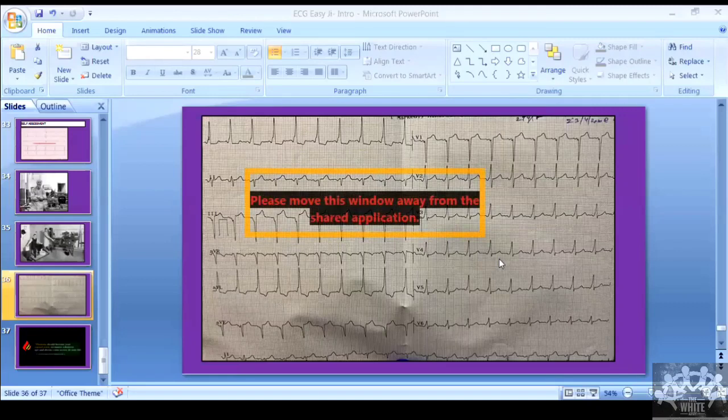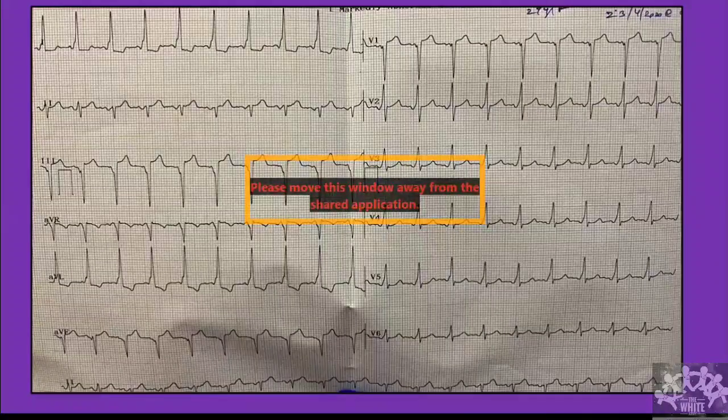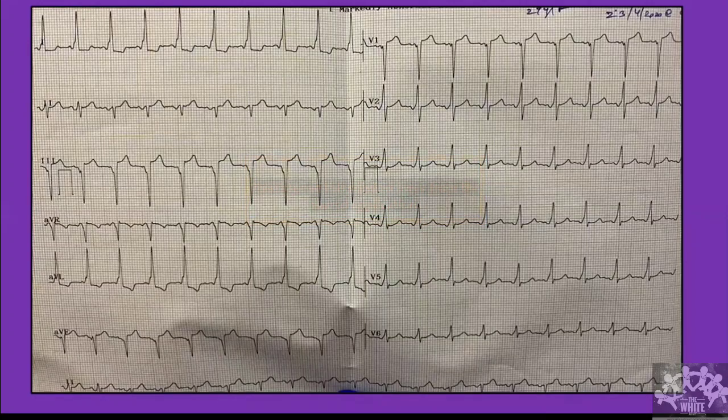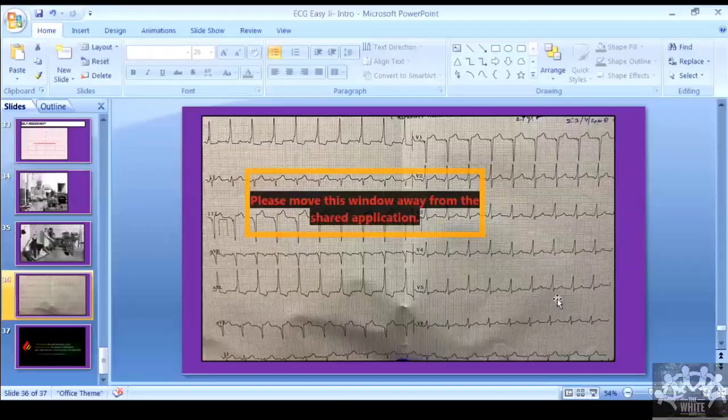Heart block. If there is a heart block, usually the heart rate will be a little lower. You see, there is a tachycardia here. So unlikely to be a heart block. So it is a WPW. We call it just a pre-excitation pattern, or a WPW pattern. We don't call it a syndrome unless the patient has symptoms, like recurrent palpitation, recurrent syncope.